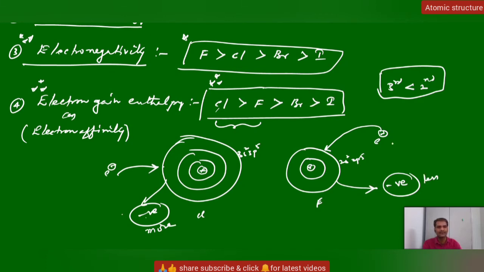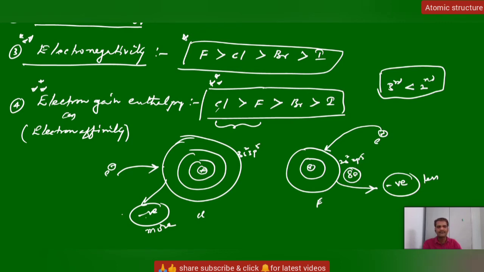Because even though fluorine has a greater tendency to accept electrons due to more electronegativity, the other reason is that we have to add the electron to the valency shell. In the case of fluorine, the valency shell is the second shell. So we are adding an electron to the second shell, which has 2s2 2p5, and we can add one more electron. The second shell can accommodate a maximum of 8 electrons only. So there is space around this fluorine for only 8 electrons.